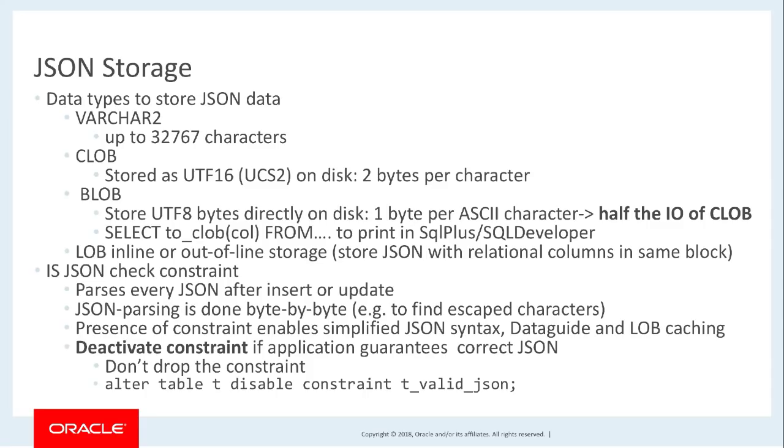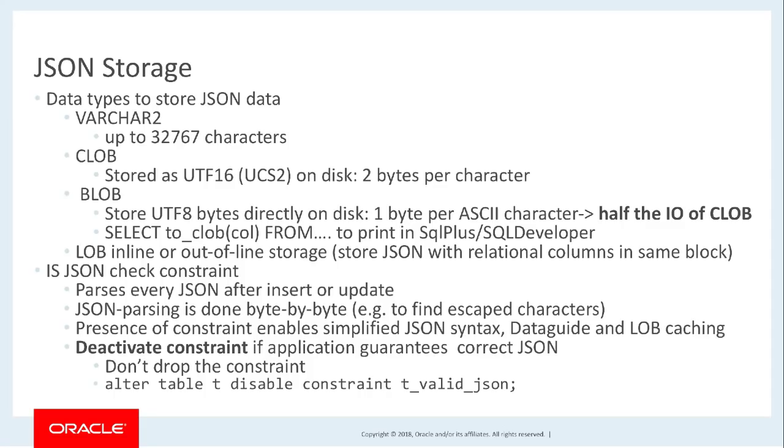The next thing I wanted to talk about is the JSON check constraint. So we have not added a JSON data type in the releases that are available now. So you use the data types that are listed here. BLOB is the recommendation. And you tell the database that the content is JSON by adding this IS JSON check constraint. So what happens if you have this IS JSON check constraint? Every time you do an insert or update, we're going to parse through your JSON record and make sure that it's